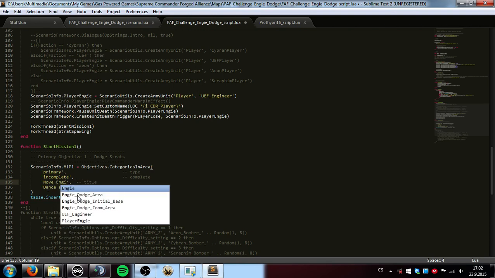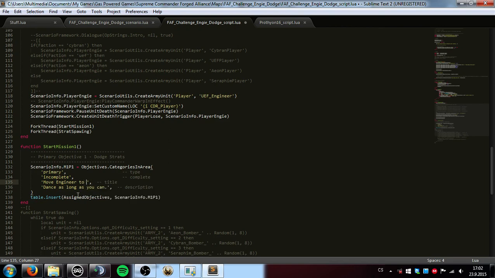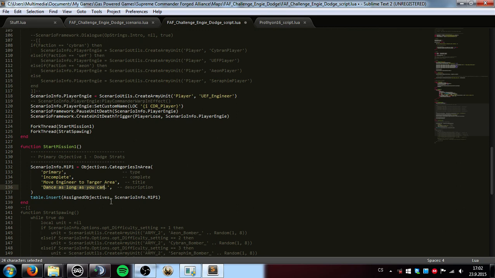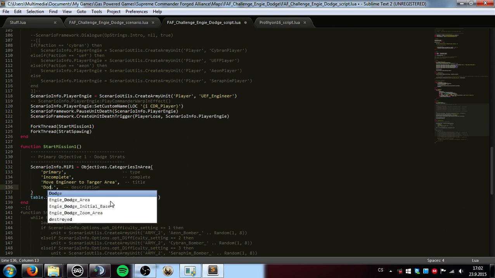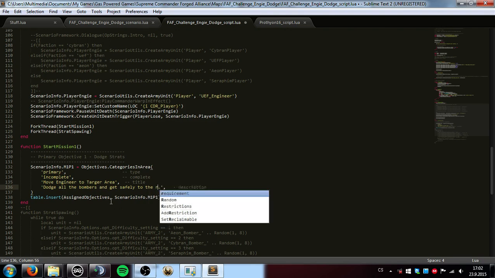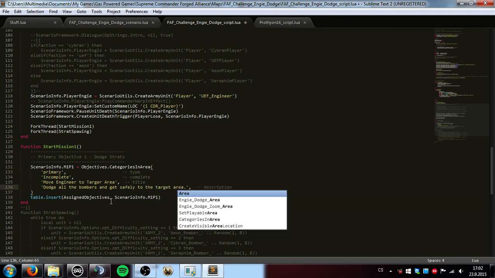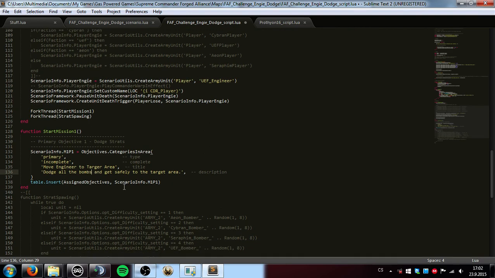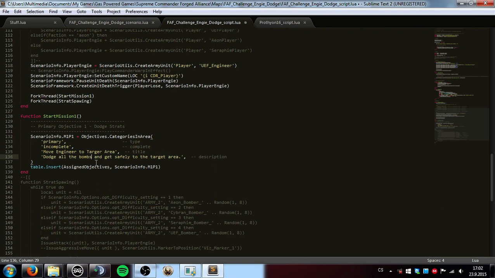move engineer to target area, and description, let's be creative. Touch all the bombs, get safely to the target area. That should be enough. And now we need to specify what the target area is, and also there has to